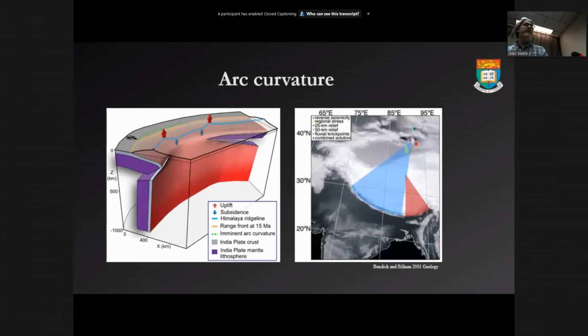There we go. Okay. So yeah, according to Bendick and Bilham, it's a perfect circle here, emanating from a center of a circle there. But if you try and impose an arc on here, it's a much smaller radius, much tighter radius of curvature. But then this is damn near straight. So why would that be?